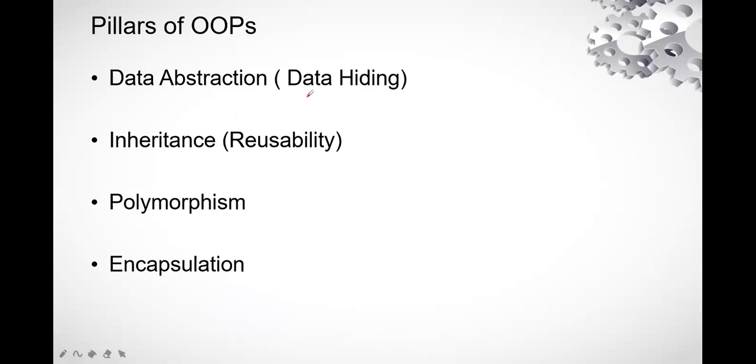So in today's lecture we are going to talk about these two features, that is, first one the data abstraction and second one the inheritance. So basically I just wanted to tell you that, as the name suggests, data abstraction, what does it say? Abstraction is the hiding of data, because we are saying data abstraction. Here what we are doing, we are hiding the data. Now what is the concept of hiding the data? We are going to see here in the next slide.